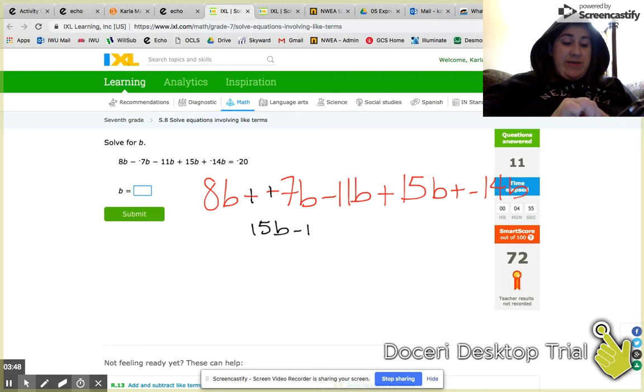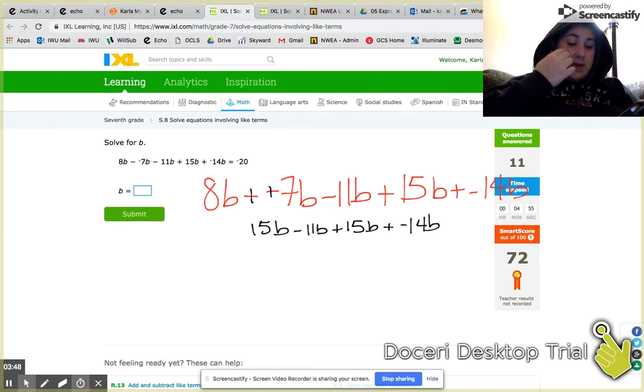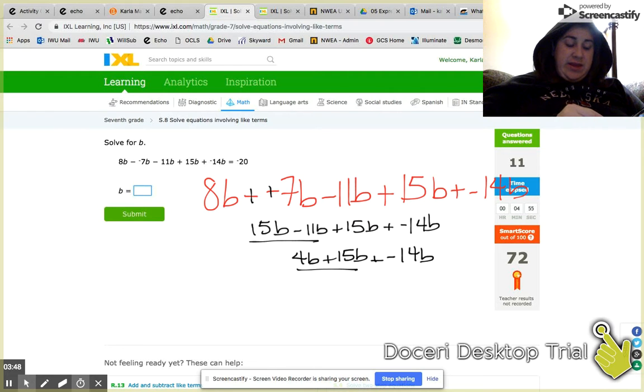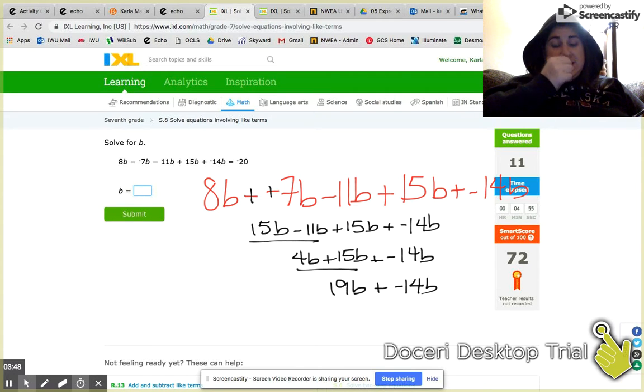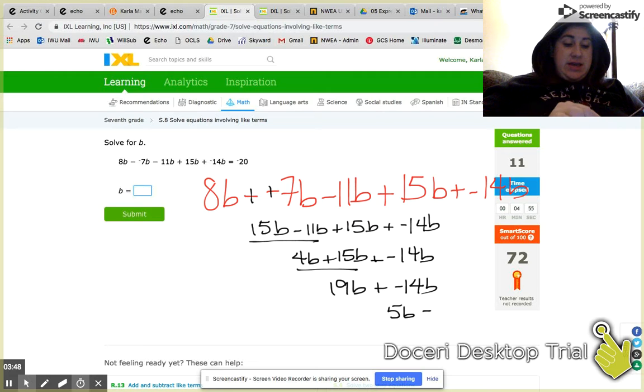I'm going to subtract 11b, plus 15b, and plus negative 14b. Okay, so I have 15b minus 11b. Well, that gives me 4b. And then I'm going to add 15b back in. 4b plus 15b gives me 19b plus negative 14b. Those are two different signs, so I'm going to subtract. So 19 minus 14 gives me 5b is equal to, now I can bring in this negative 20 here,